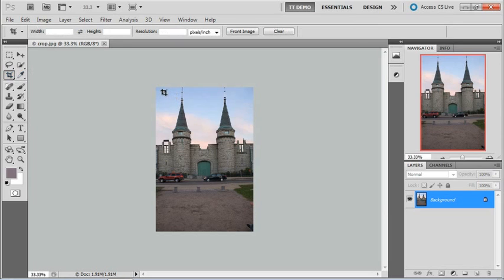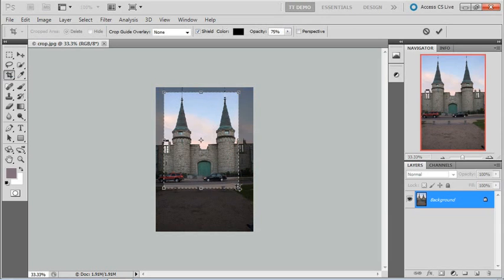And the easiest way to use crop is simply click and drag on an image. Once I let it go, I'm not committing to the crop. I can further refine this. I could say, well, that's a little bit too high. I'll bring it down. We could bring this out on the side, and we can move it freely anywhere we want in the image. Notice a few things in the options bar. We've got a crop guide overlay. Mine is set to none. Yours might be